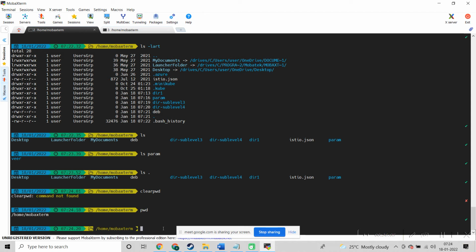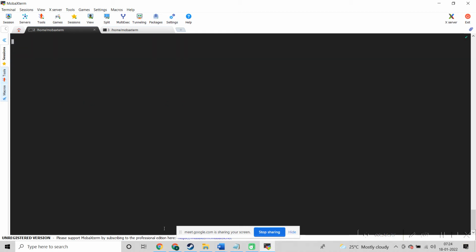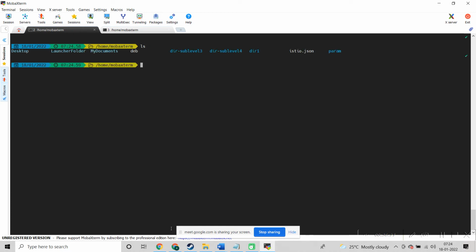If you do pwd, it will show the present working directory, the directory you're working in. And ls is the listing, so it will list all the directories and files under that particular folder.